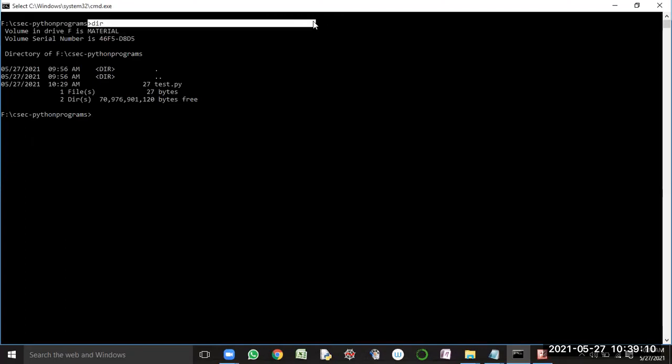From here, if I want to give inputs, if I want to read inputs into the program, the concept used by the programmer is command line arguments. It is one way of reading input from the user, from the command line.